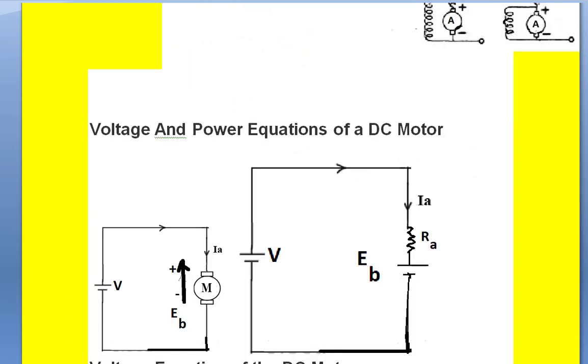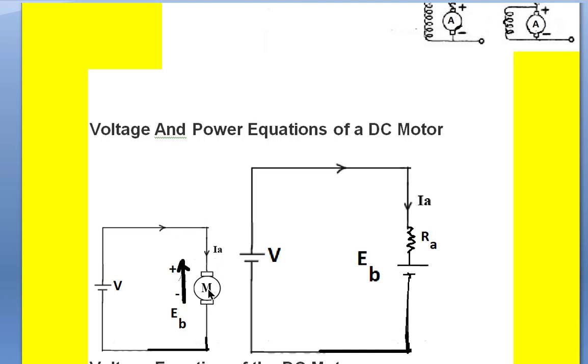Let us discuss back EMF, the voltage equation and the power equations in the DC motor. In general, let us assume that there is a magnetic field surrounding the armature of the motor like this. This is the motor armature, and the motor armature is connected to the DC supply like this. Once the motor is connected to the DC supply, it draws current,